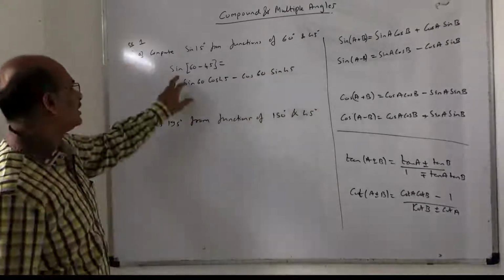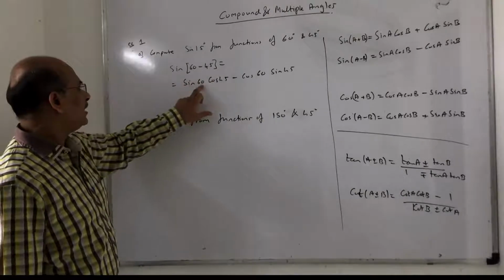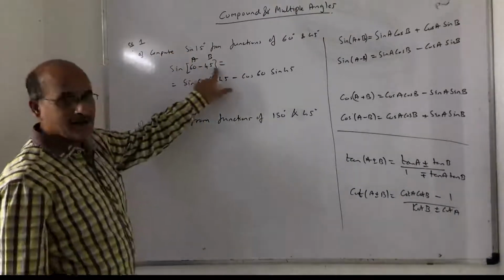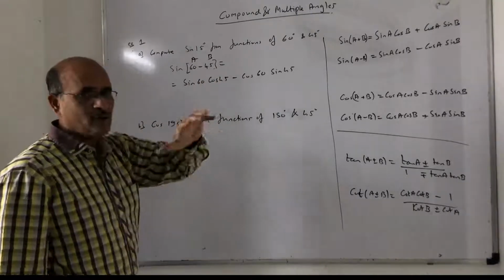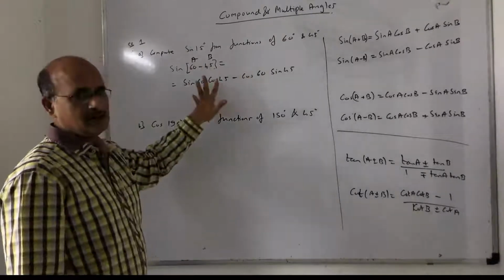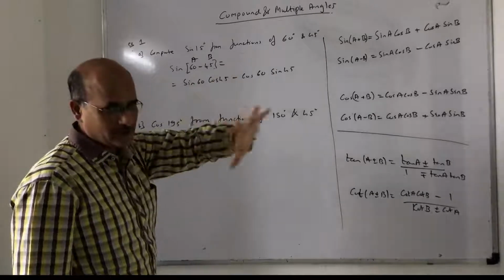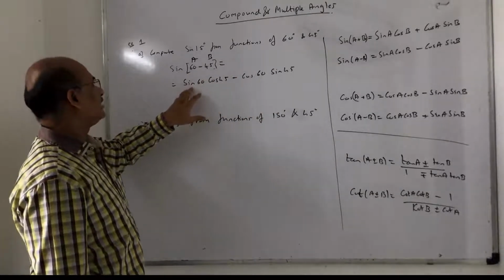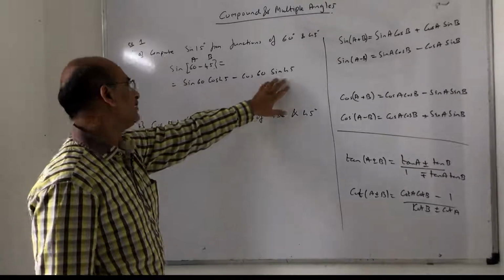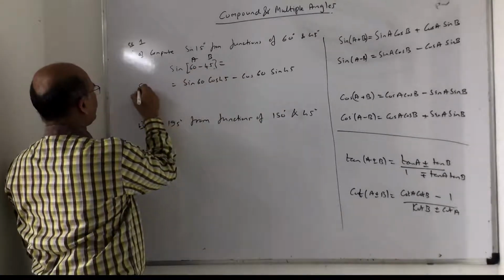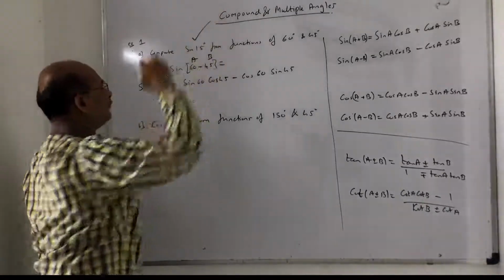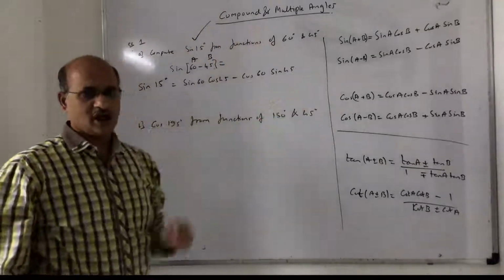You'll get this point clear. So sine of a minus b is sine a cos b minus cos a sine b, where this is my a and this is my b. Right now we are focusing on how to use the formulas, and what the formulas are we are not concerned with here. So a lot of importance to this formula application. So this is sine of 60 minus 45, which is sine 15 degree. That's what they are asking: find sine 15 from the functions of 60 and 45 degree.